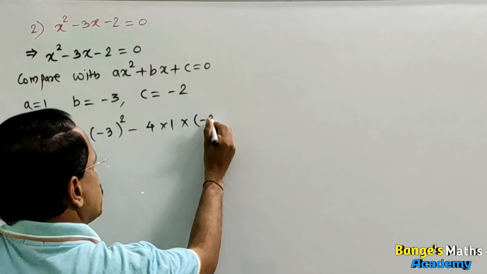Write down given example or take a screenshot. Fifth example, y square plus 1 upon 3 into y is equal to 2. We have to solve given quadratic equation by formula method. Write down given example, y square plus 1 upon 3 into y is equal to 2. First of all, compare given equation with ax square plus bx plus c is equal to 0. So transfer 2 to LHS. y square plus 1 upon 3 into y minus 2 is equal to 0.